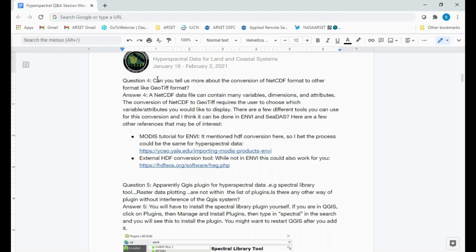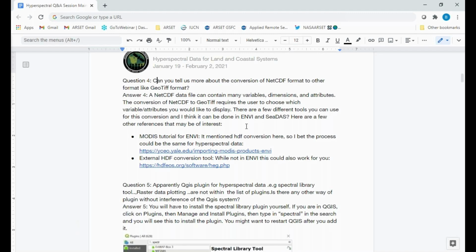Yeah, sure. So question 4 is, can you tell us more about the conversion of NetCDF format to other formats like GeoTIFF? A NetCDF file contains a lot of variables, dimensions, attributes, and it can also contain a lot of different layers within that. Kind of like we showed in the demo, you can have a NetCDF file that also includes a layer for, say, chlorophyll or KD490. So they're a complex data file package. And the conversion of NetCDF to GeoTIFF requires that the user choose which variables and attributes you would like to display. So it really depends on what you're interested in extracting from that file as to what you'll pull from that NetCDF and then ultimately